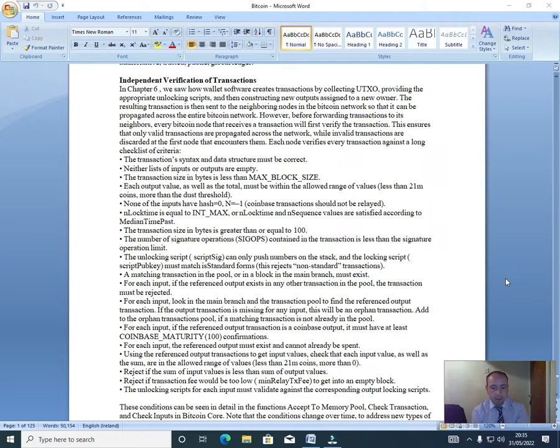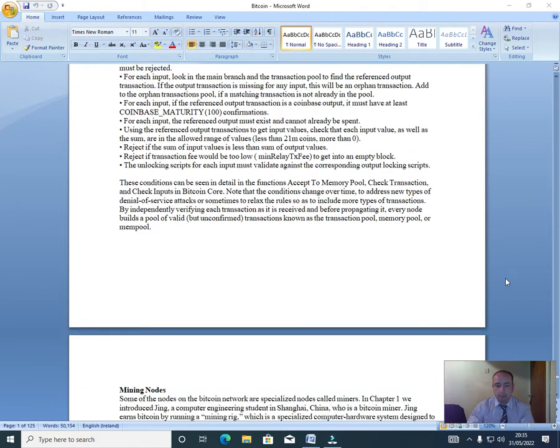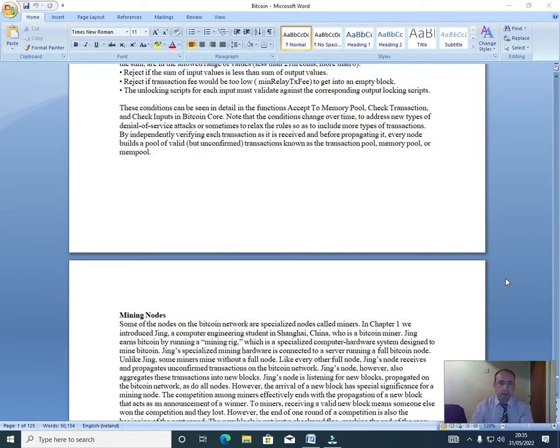Min relay tx fee to get into the empty block. The unlocking scripts for each input must validate against the corresponding locking scripts. These conditions can be seen in detail in the functions AcceptToMemoryPool, CheckTransaction, and CheckInputs in Bitcoin Core. Note that the conditions change over time,